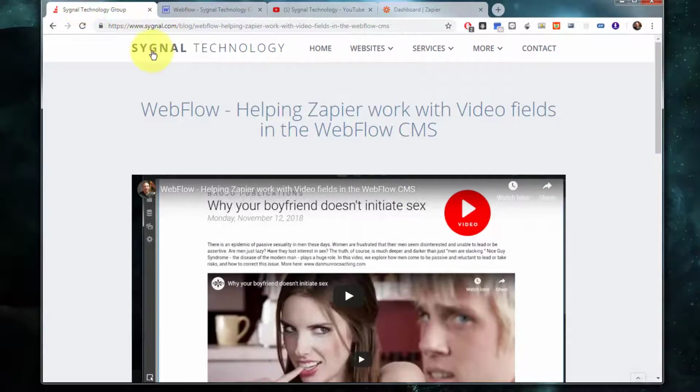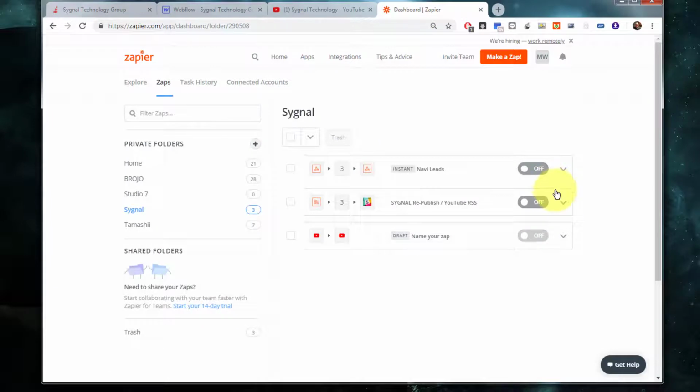So let's get started. The idea here is to eliminate any of the manual process of republishing that video into WebFlow. So to do that, we're going to use Zapier. If you're not familiar with Zapier, Zapier is a third-party service, does cost a little bit per month, to integrate with WebFlow, but allows you to create glue between different cloud services and automate processes. In this particular case, what we're going to want to do is have it automatically trigger every time a new YouTube video appears in our channel. And it's going to go through a bit of manipulation, and then it's going to create a CMS item in